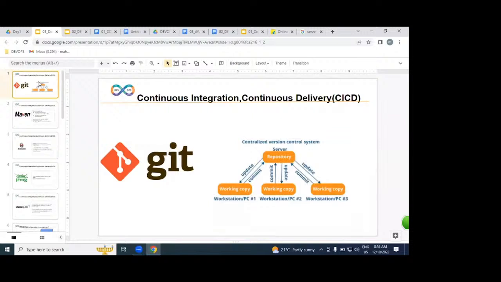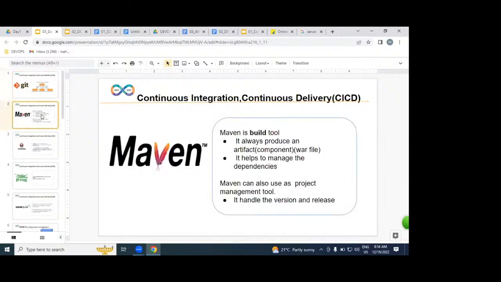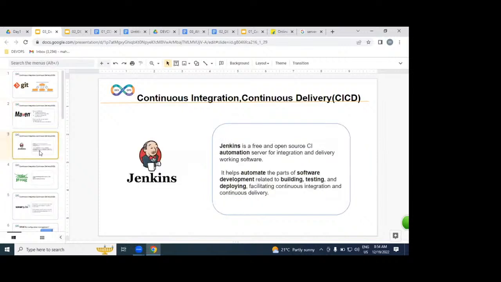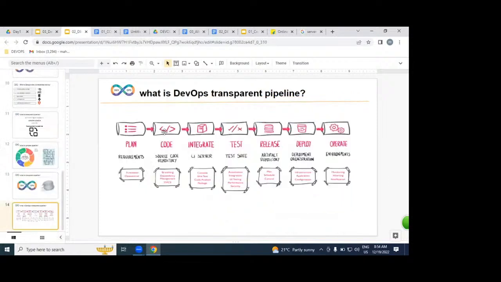All developer source code, as DevOps engineers, we maintain in Git version control. But all developer source code we need to execute and build using Maven. This entire process is automated with the help of Jenkins. Jenkins is an automation tool, and this entire DevOps process is automated with Jenkins only.